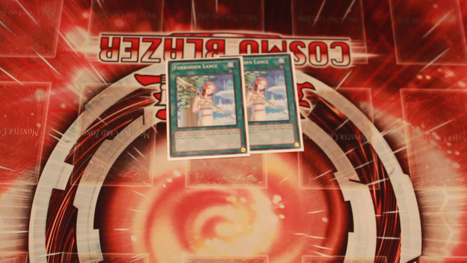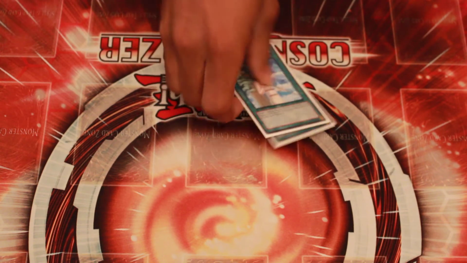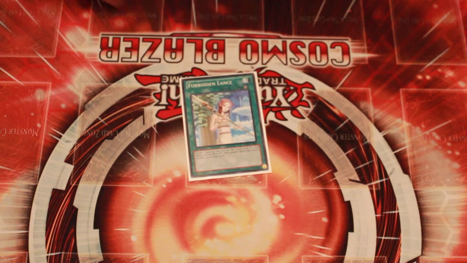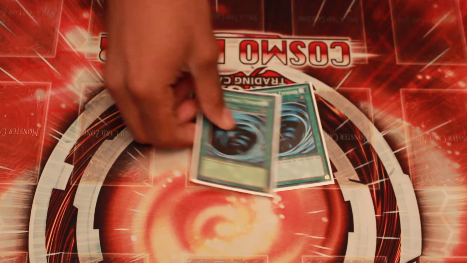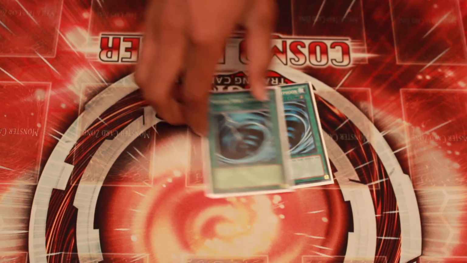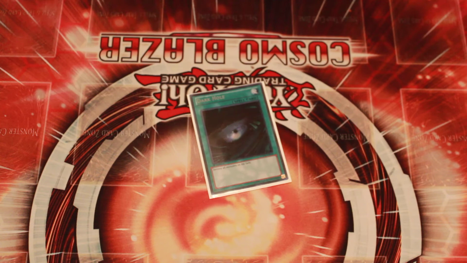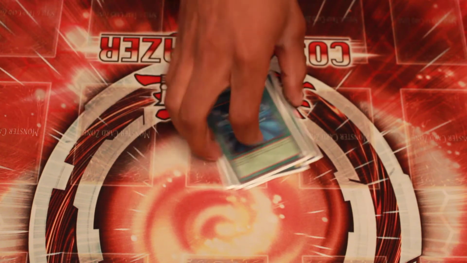2 Forbidden Lance. Forbidden Lance is just pretty good, so why not run it? And Forbidden Lance helps you safely summon your rabbit and make sure that you can get those special summon monsters onto the field. 2 MST, 1 Dark Hole, 1 Heavy, 1 Reborn,